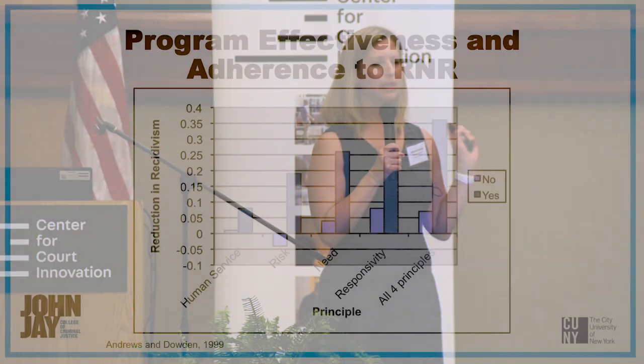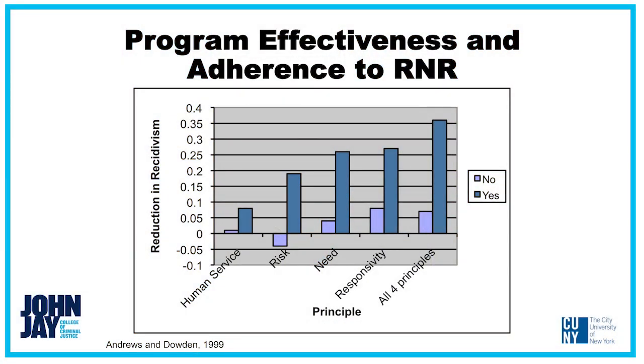Why does it matter? Because of this. These are results from a meta-analysis conducted by Andrews and Dowden back in 1999. There have been similar studies since then that replicate these findings, but I kind of like going back to the original. They looked at whether or not programs adhered to risk, need, and responsivity and how that related to their outcomes. And what they found is that programs that violated the risk principle on average increased recidivism, but when they followed it, they decreased recidivism on average about